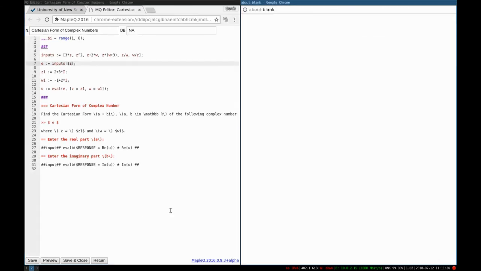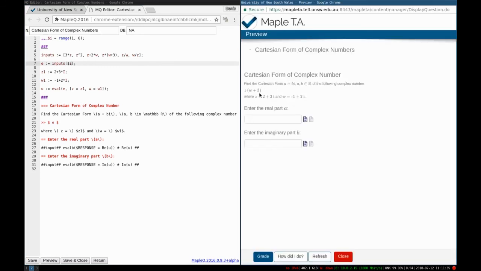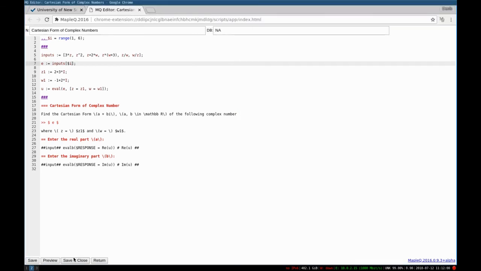Look at this. See, this time MapleTA chooses the Z times W plus 3 expression. If I refresh it, the last one, W over Z. If I refresh it again, 3Z, it's the first one. If I refresh it again, so here we go. Now if I close it, press here save and close,